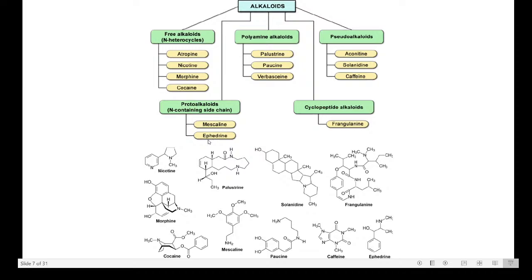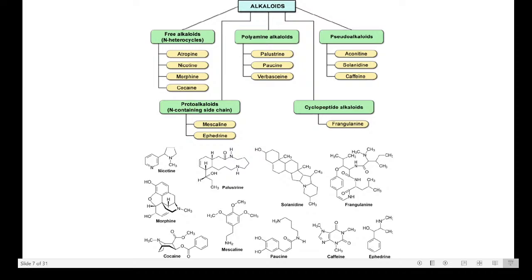Mescaline and ephedrine. These are the chemical structures you have. You have to understand the name. In the exam, they are asking with the phytochemical name, like